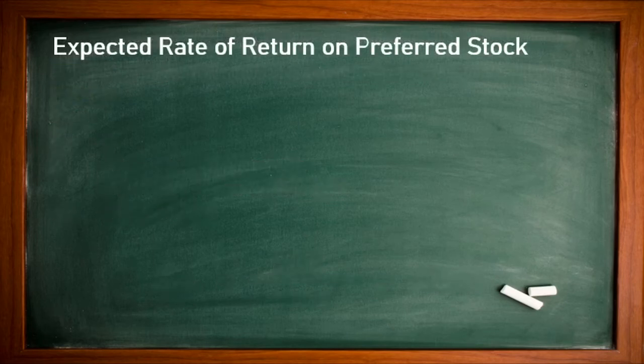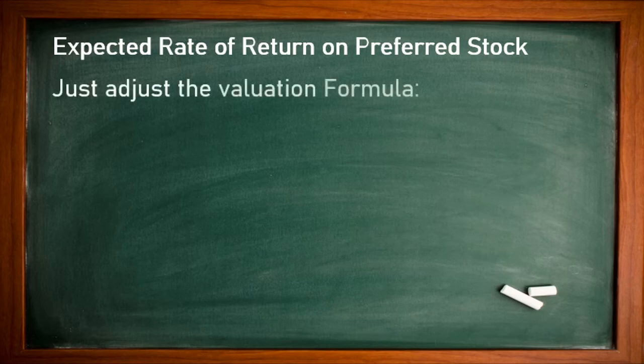Now we calculated the value. Suppose we know the value, and we want to know what percentage we are receiving against our stock, so it is known as expected rate on preferred stock. Let us first manage the formula. So just adjust the formula. We know that KPS is equal to D upon P0. What we did was cross multiply. You remember that P0 is equal to D upon KPS. So only the arrangement has changed.